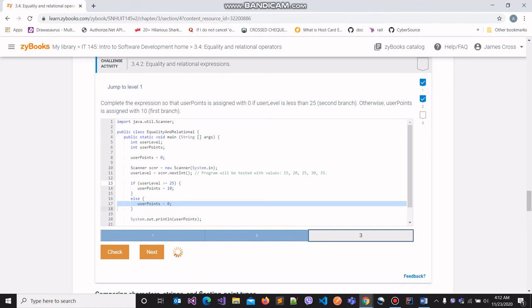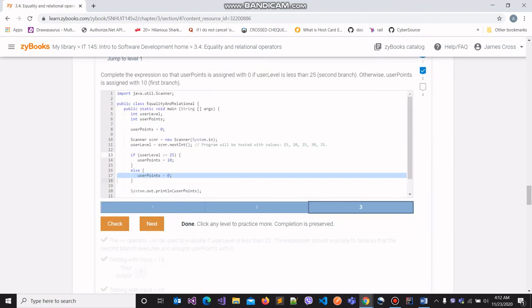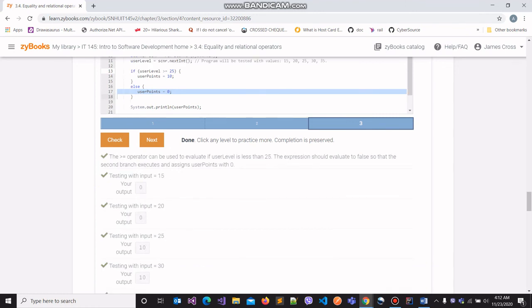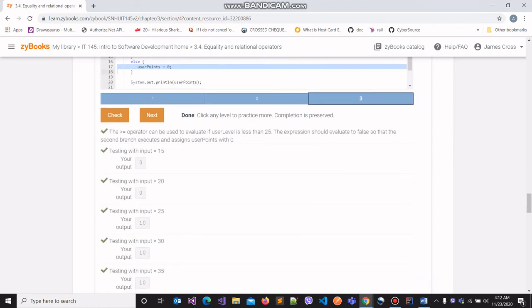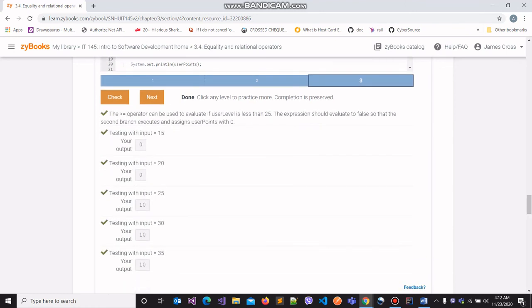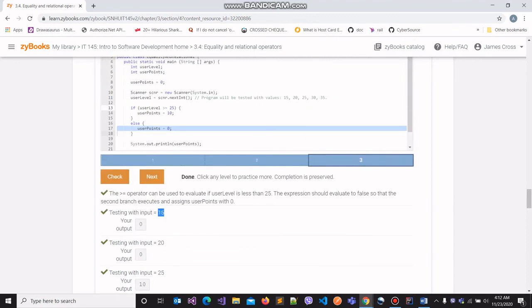Let's check this by running our code against the standard test cases that are there. Great, we managed to obtain correct output. For instance, one of our test inputs was 15.